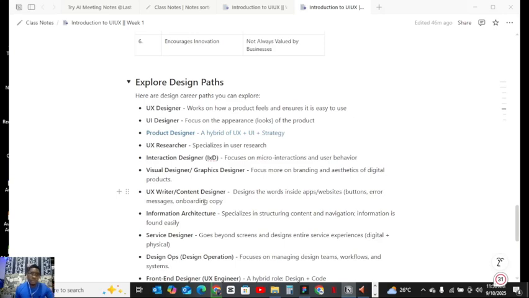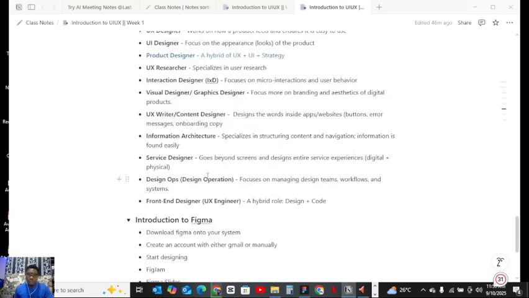But it's also a design path. Some people are just graphic designers and that's all they do. We also have a UX writer, content designer. This person is just interested in writing in the apps and the websites, the dialogue boxes, error messages, and all those things. So the content, that's what the UX writer is all about.